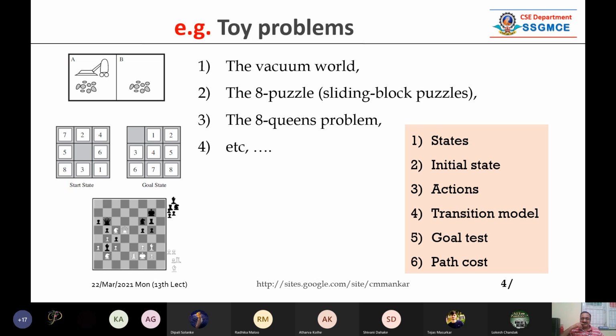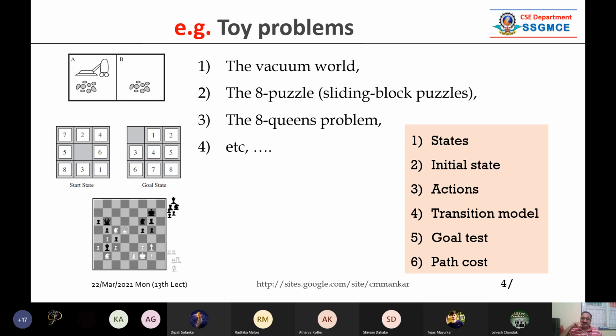So if you can place 8 wazirs on that chessboard. I will not repeat the things because I suppose that you know how many squares are there in a chessboard: 8 into 8, 64. So you have to arrange the wazirs, that is queens, in such a way that nobody should harm the others. So we have to write a program for it. We know about the moves of the wazir or queen.